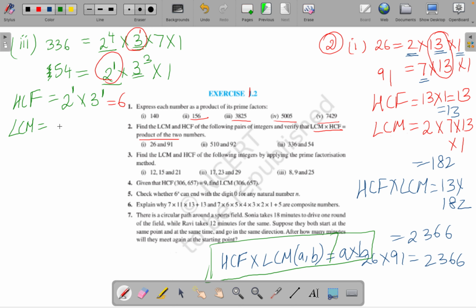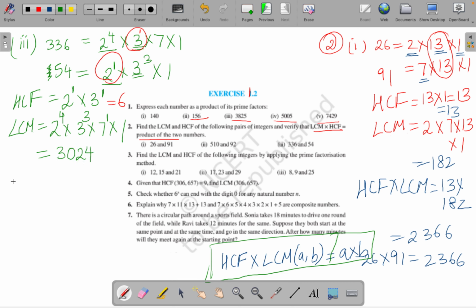LCM means you have to first write all the factors, 2, 3, 7 and 1, all factors with their highest power, lowest common multiple. So 2 to the power 4, 3 to the power 3 and 7 to the power 1, obviously, right? Write all the different factors, all the different multiples there are, and then write their highest power, right children? So let's find out LCM. It will be